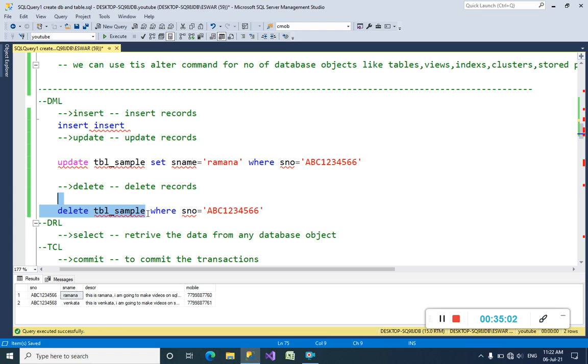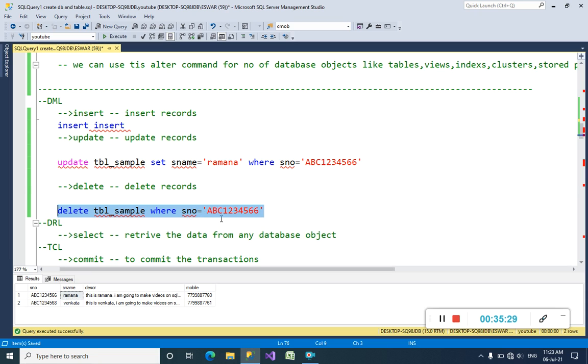Before, we had selected only delete from table sample. When we executed this command, what happened? It deleted the whole records existing in table sample. But when you declare a condition along with the delete command, it deletes only the records satisfying the condition.